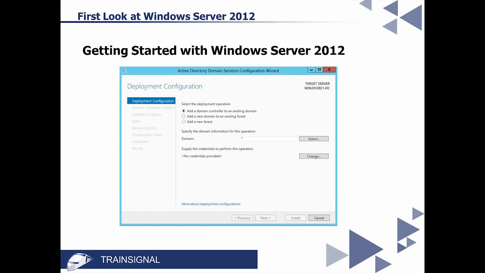Whereas, how many times are you installing Active Directory and saying, I need to add another domain controller into my existing domain? That's probably 90% of the domain controllers you're installing. Whereas this wizard in the past always defaulted to creating a new forest, to make life easier, they said, let's make adding a new domain controller to an existing domain the default, because that's what you do most often.